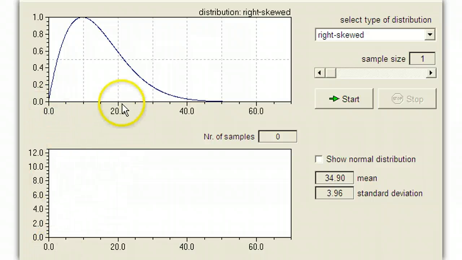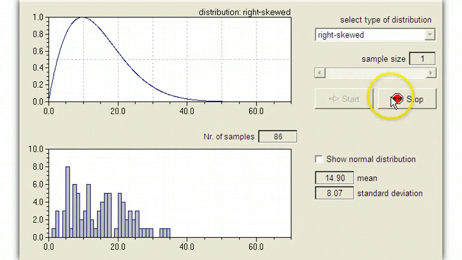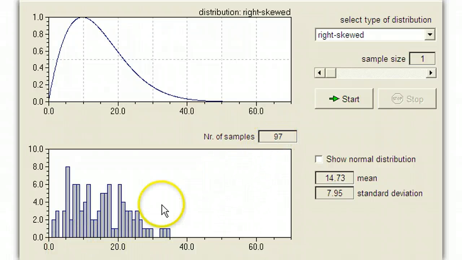Notice they're on the exact same axis. Okay, 60, 60. Now I'm going to start it just so you can see what's going on. I'm going to let it run a couple times. So we've almost done 100 samples, and we're making this histogram down here. In these 97 samples that we've taken of size 1,